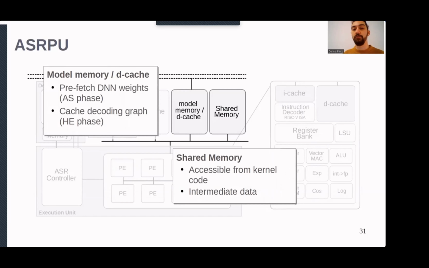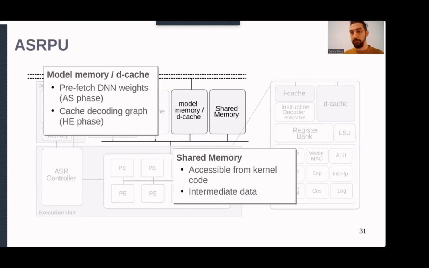This memory has two functions. During the acoustic scoring phase, it is used for prefetching and storing model data, such as DNN weights. During hypothesis expansion, it behaves as a hardware-managed data cache. This dual mechanism lets us use the memory in the most convenient way to exploit the characteristics of the memory